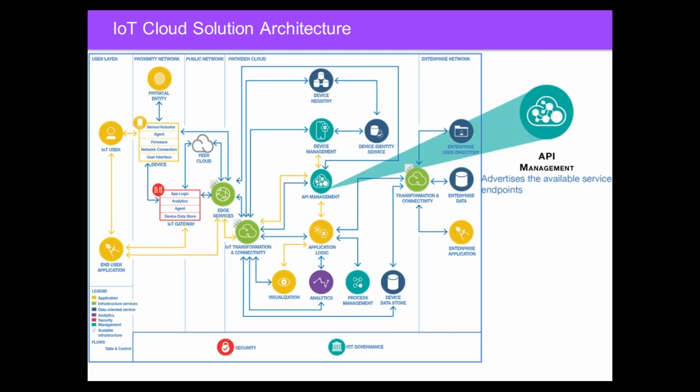And we have API management, and this is how we start to allow other systems to interact with the device. We can expose just certain capabilities, not everything, in more of an API economy, and allow different systems to get access to certain aspects of the data. Maybe we mask that data so it's anonymized, but I also want to allow them certain controls of the device. So you expose not everything that you've built, but just certain capabilities to certain users.